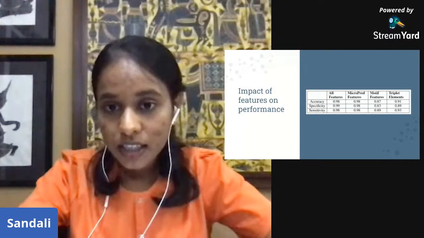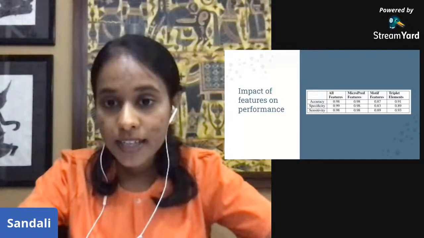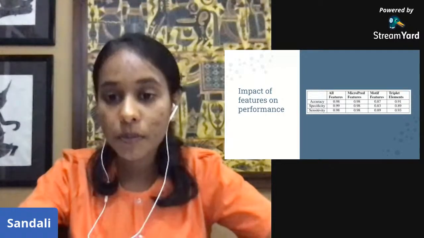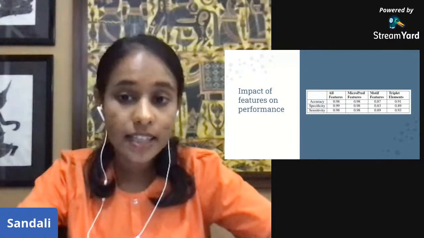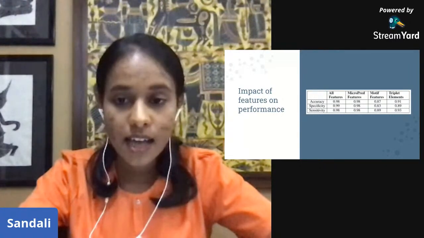Comparing each model, the MicroPred features have outperformed the other two models, and motif features have low